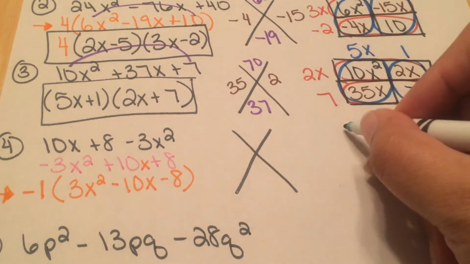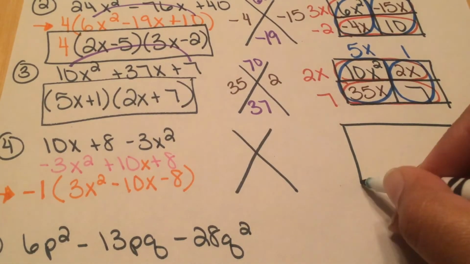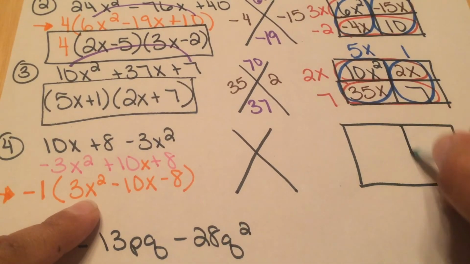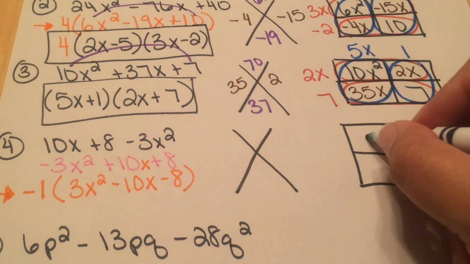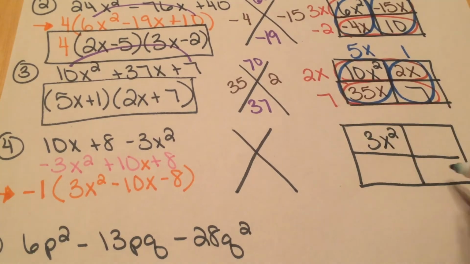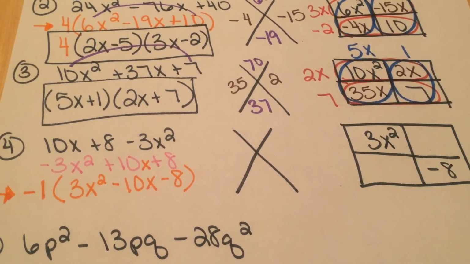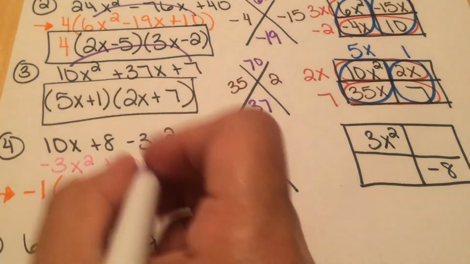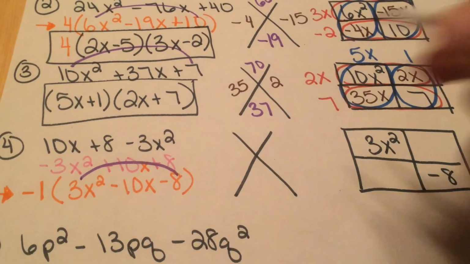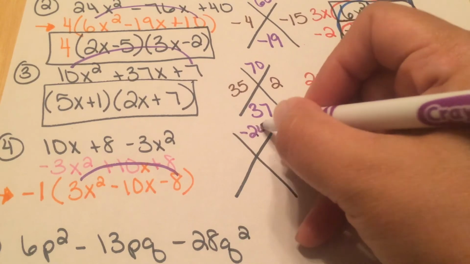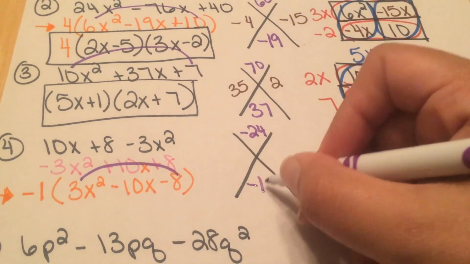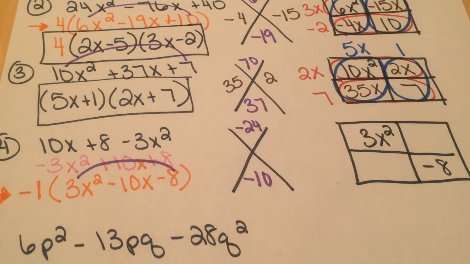I'm going to put my X puzzle. I'm going to put my box. Since everything is now correct with my trinomial, I can fill in the pieces of my box that I already know. And now we're going to go ahead and multiply. Negative 8 times positive 3 is going to be negative 24. And our coefficient of that b is going to be negative 10. So now we have to think what times what gives us a negative 24